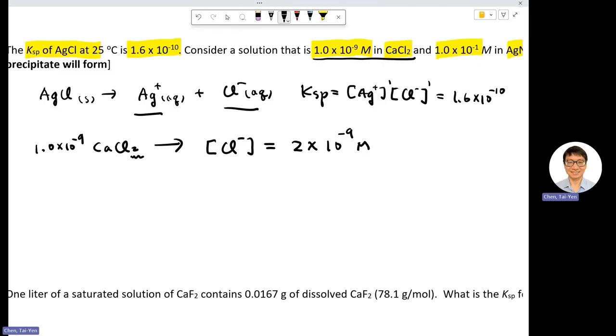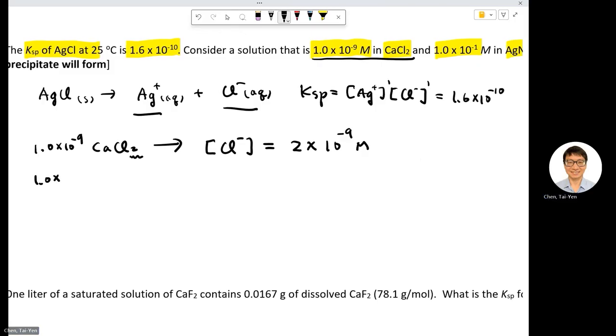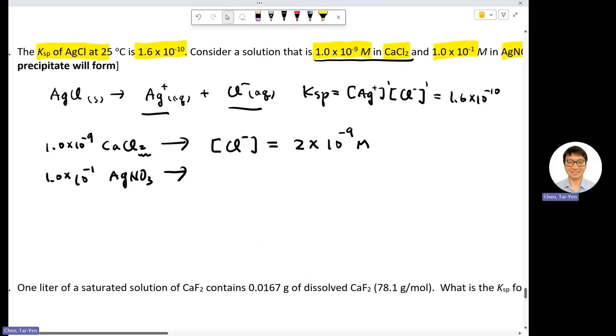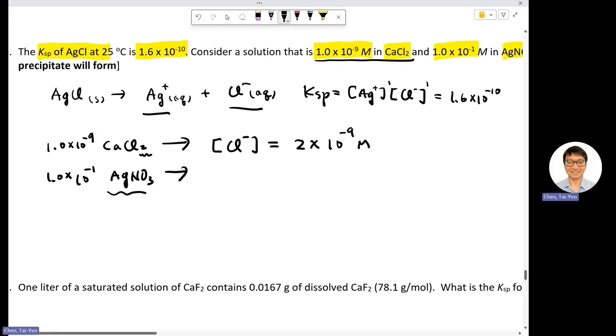The second species that you have is 1.0 times 10 to the negative 1 AgNO3. So apparently this one is going to tell you the concentration of Ag+. Okay, so you can see the coefficient is 1, right? Therefore, your Ag+ will have a concentration of 1.0 times 10 to the negative 1 M. Okay. So once you have the information about the concentration of Ag+ and the concentration of Cl-, then